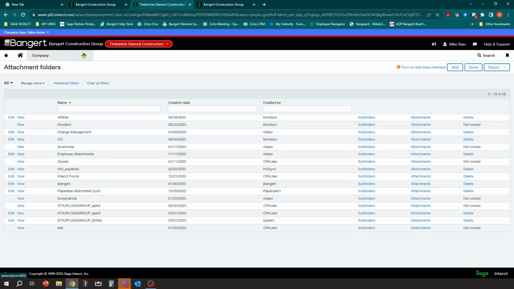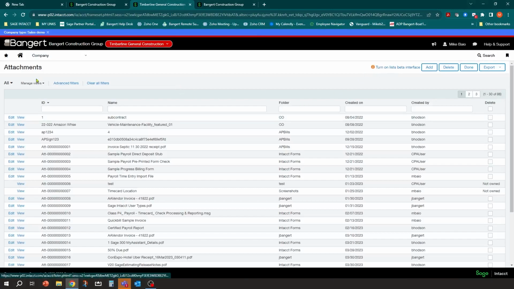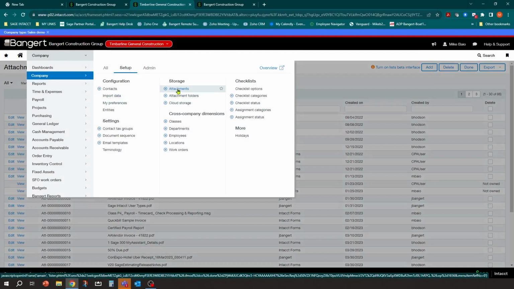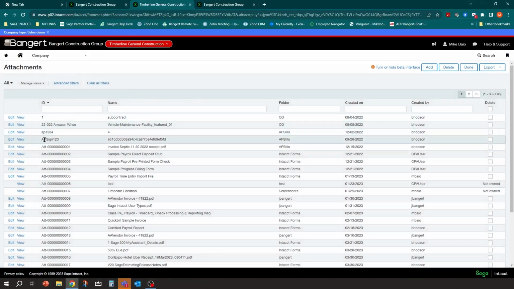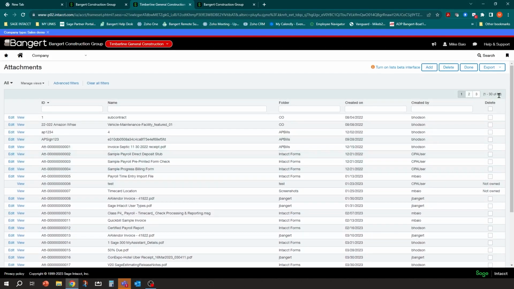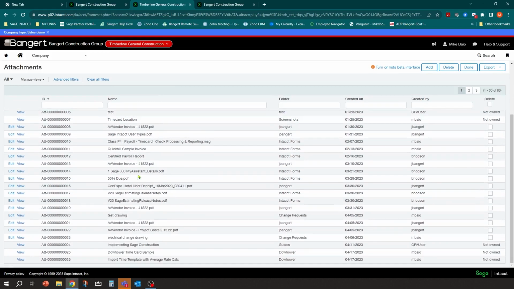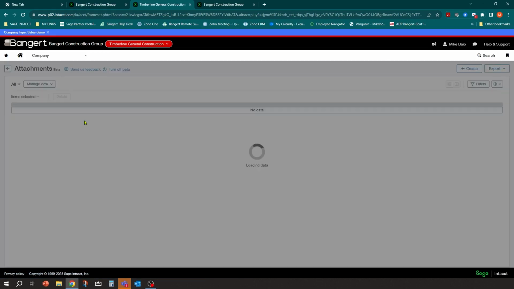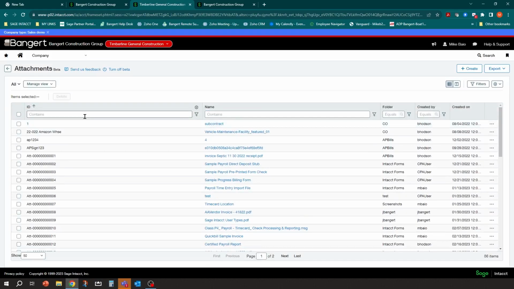But now, using the beta list for attachments, if I flip over and I want to see all of my attachments in the system, I do have an attachments list. This is going to show me all the attachments, and you'll notice there's 3 pages of them, 86 attachments, and they're all different types with names. So you can filter through the names and the folders, but with this beta list here, it comes really, really handy to make your own little filing cabinets for your attachments.